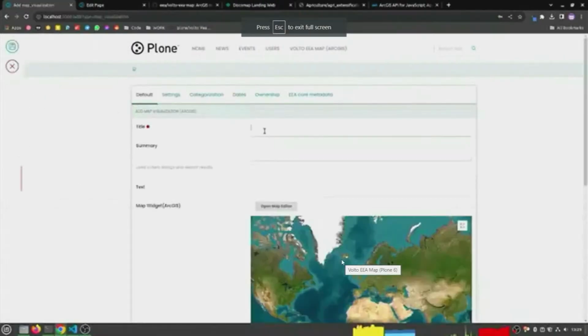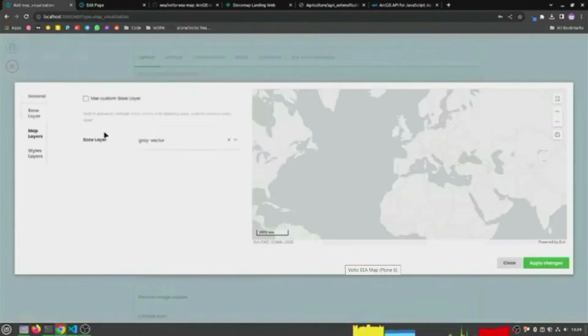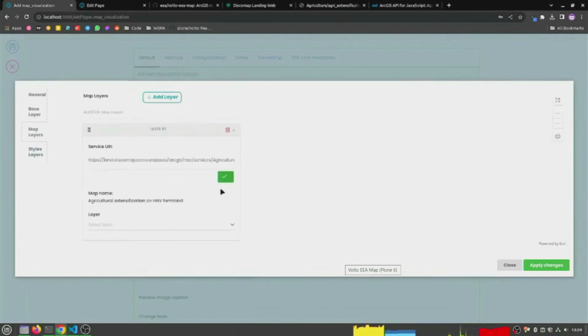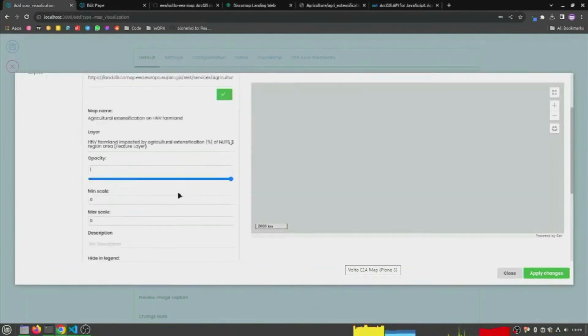This Volto EEA Map integrates with ArcGIS maps, provides a lot of configuration based on whatever came from the server, from the ArcGIS server. Parameters for the data connection, already said that, sorry. Let's see the presentation. Okay, this is the layers. You can select various layers,